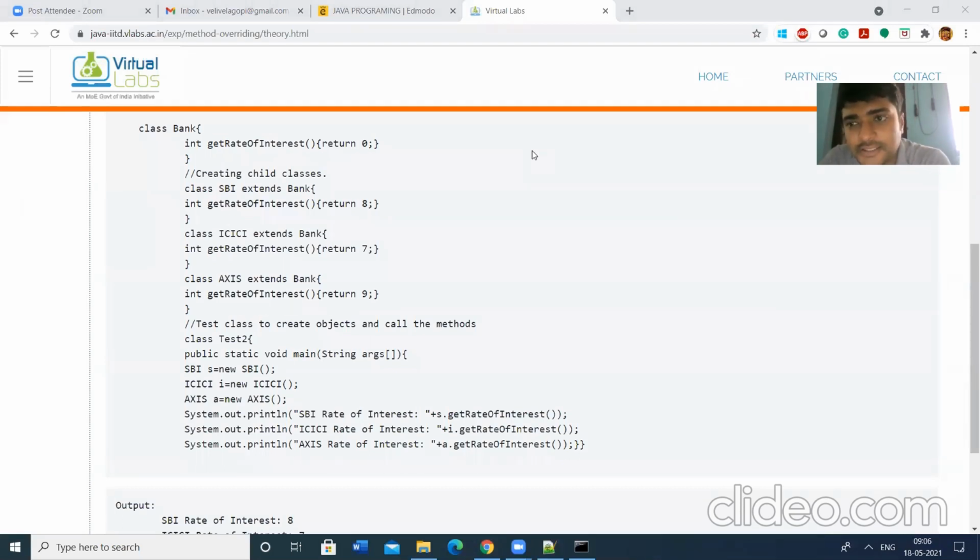We have three subclasses here and one base class. If we have a single subclass and a single base class, then we call it single inheritance. Here we have three subclasses. Yes, it is hierarchical inheritance. All three banks are extending the properties of Bank. That means for all the cases, the base class is the same: here Bank, here Bank, here Bank. For all the cases, the superclass is the same. That is why it is hierarchical inheritance.